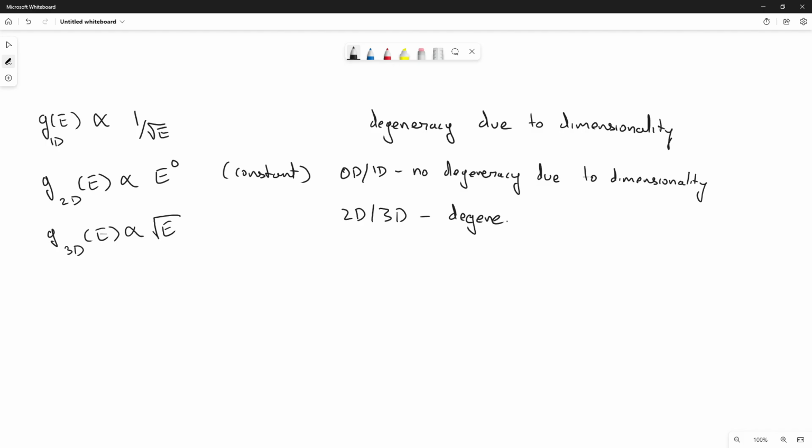So this is the reason why we have these expressions. Now, what does this mean? This might have been discussed in the lectures, but let us go through that once again. And I will use the 1D case to emphasize that even strongly. G of E is proportional to 1 by square root of E. That implies for the 1D case, as E increases, what happens to G of E?